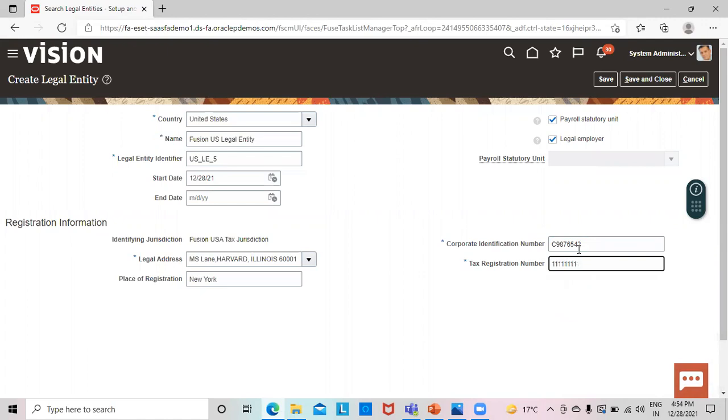We can give it. So this is the corporate identification number and the tax registration number, which we will get when we register under a specific statute. So this way we create our legal entity and we will click on save and close.